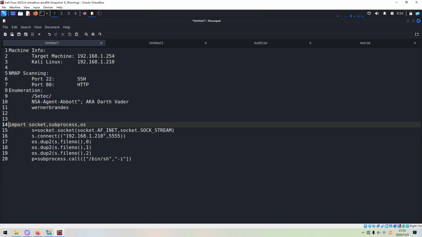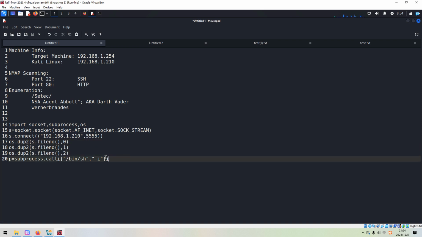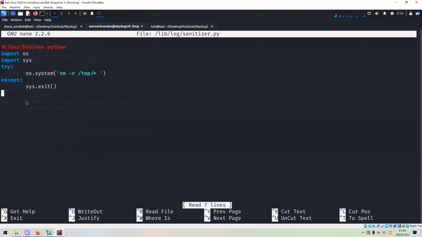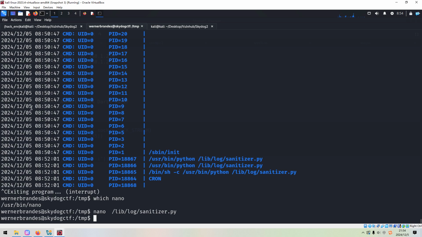Maybe I need to remove or de-indent the code, the lines. We can copy and paste over here. I think that's it. We can save by pressing Control and O and Control and X to exit.